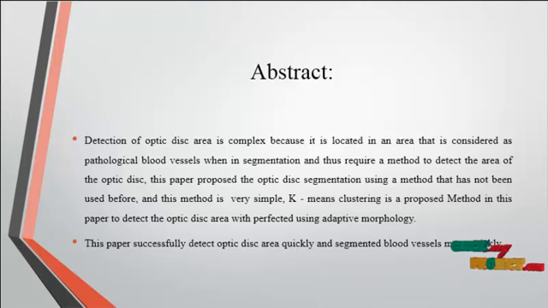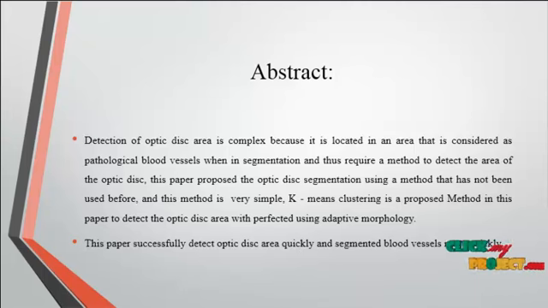Now we are going to discuss the abstract for the process. Detection of the optic disc area is complex because it is located in an area that is considered as pathological blood vessels when in segmentation, and thus requires a method to detect the area of the optic disc. This paper proposed optic disc segmentation using a method that has not been used before,